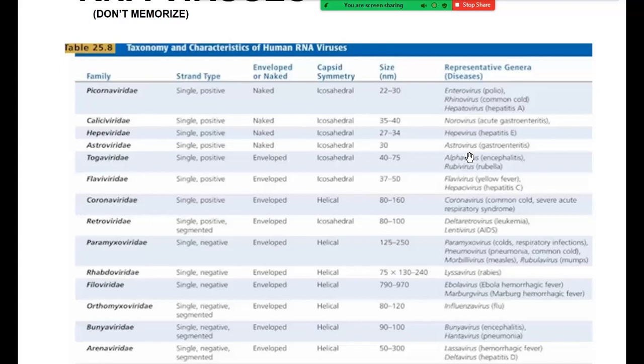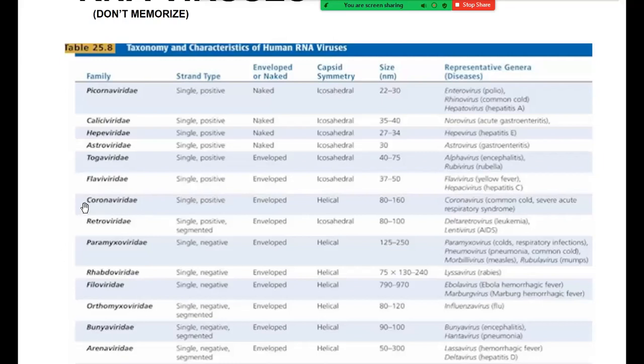Here's one: astrovirus causing gastroenteritis. I'm not going to talk about that, so I'm not going to quiz you on any of that. Okay? I don't think we talk about rubella being caused by the rubella virus, which is a Togaviridae. I don't believe we talk about that. But if I talk about it, like